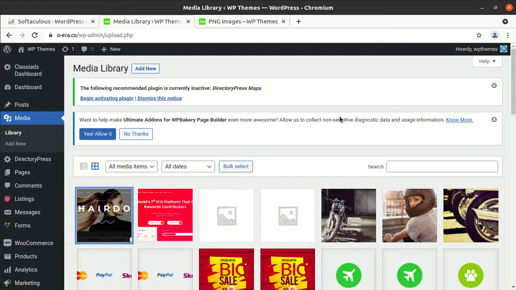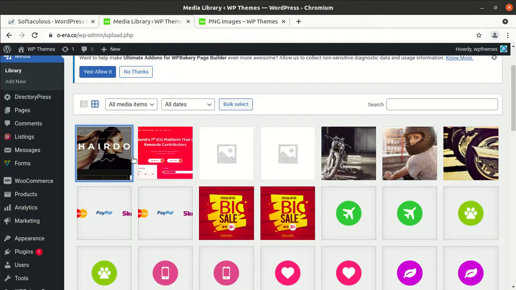Now I am going to tell you how to handle all the PNG images. You cannot select PNG images one by one and convert them one by one. Let us assume your website has hundreds of images, and out of 100 images 50% are PNG images. How will you handle that? It is going to be very difficult to convert all images, delete and reload those images in JPG format. So in this video I am going to tell you the solution for this.